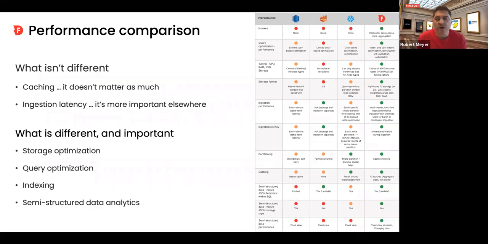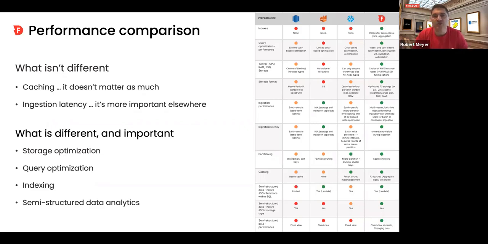But I've broken them up a little, and I think performance is the meatiest part because the need for speed is really what broke second generation data warehouse architectures. The reason they got redesigned is because people needed second to sub-second level performance at scale, and you just couldn't get it. So what isn't different here is actually, let's go into that first.